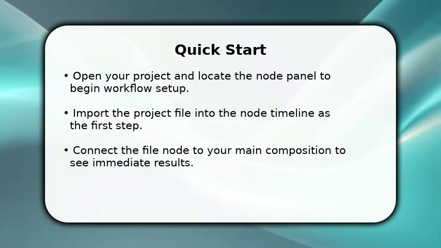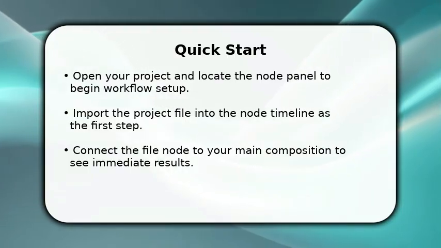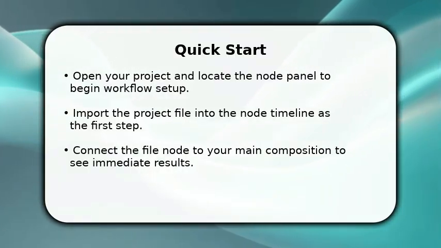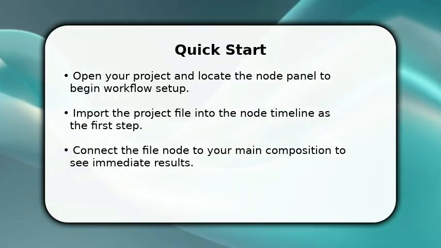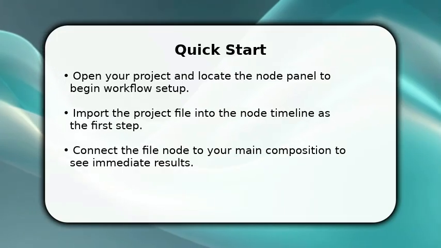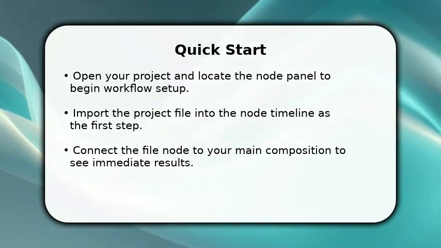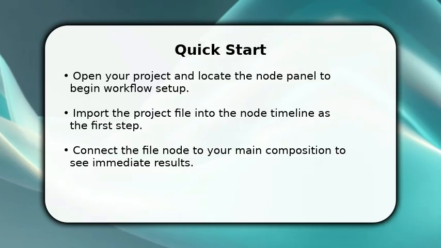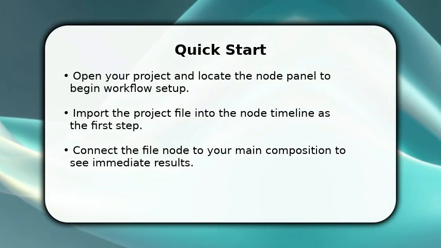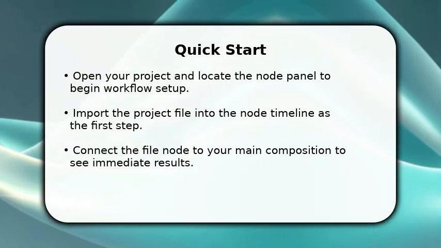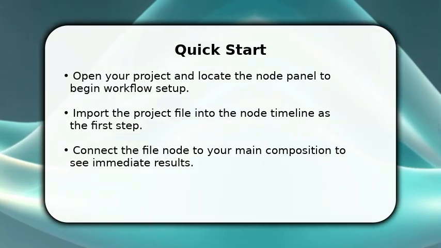In this video, I will explain how to use Project File Node Video, Easy Method. Open your project, find the Node panel, and import the project file into the Node timeline right away. Connect the file node to your main composition and preview playback to confirm links. If colors or transforms look off, adjust node order and blend modes until the output matches your intent, keeping changes